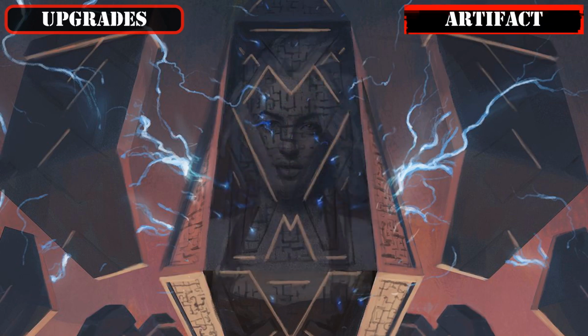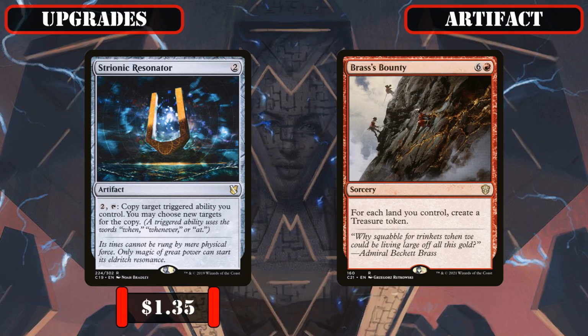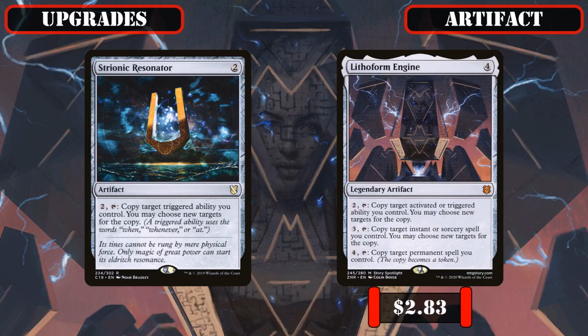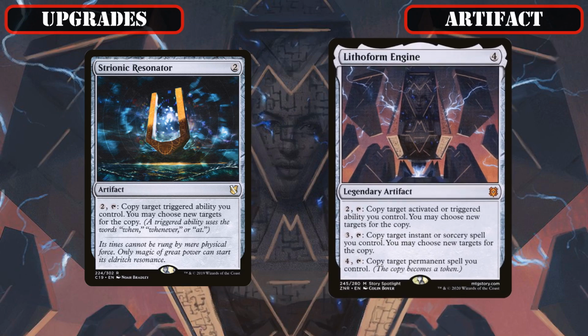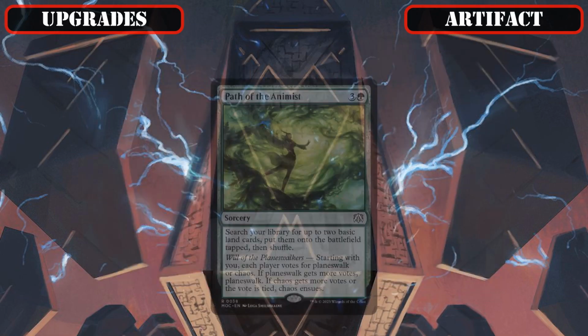Then skipping to our artifact upgrades, as we won't be making any changes to our sorceries or enchantments, we'll start off by adding in some additional ways to trigger our commander's token production, with the far too expensive ramp sources Ichor Elixir and Brass's Bounty being removed to make space for Strionic Resonator and the Lithoform Engine, both of which can cheaply copy Gimbal's ability as it procs, with the latter also letting us copy other types of spells while they're on the stack for additional utility,